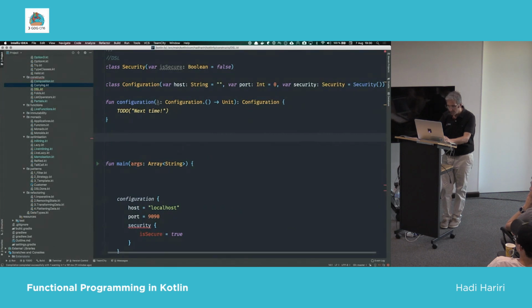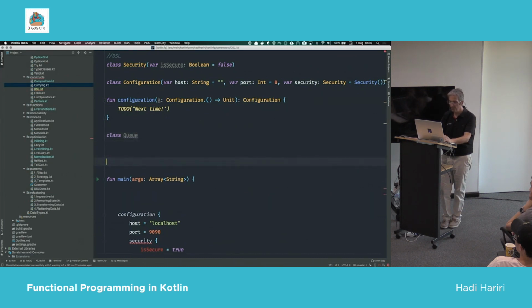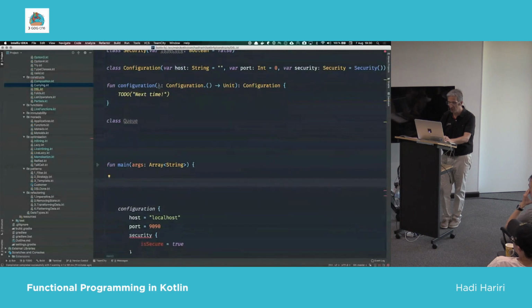Now, let's take a look at this. If I have a class, let's say for instance I have a class Q, and what I'm essentially trying to do here with this security, because remember security is an object, I'm going to say val,